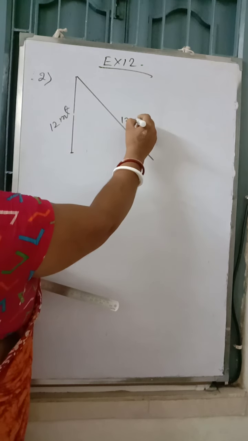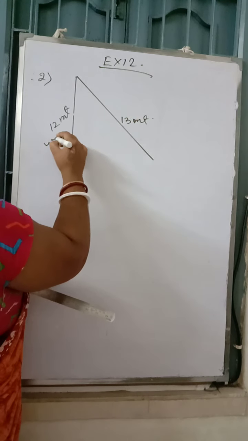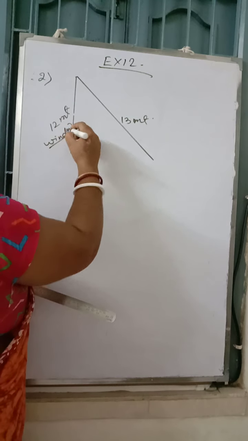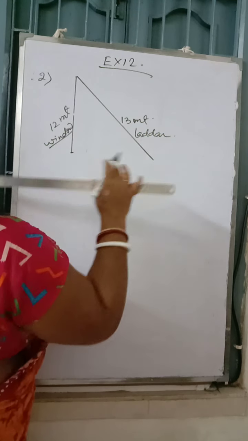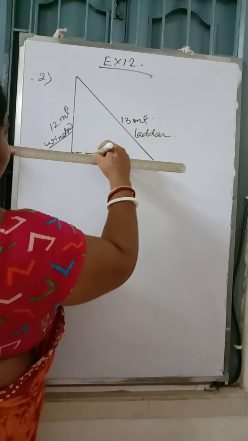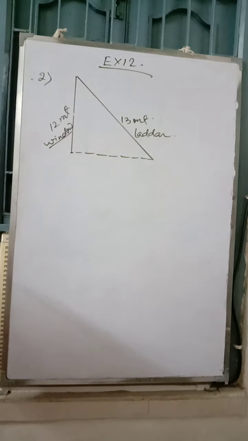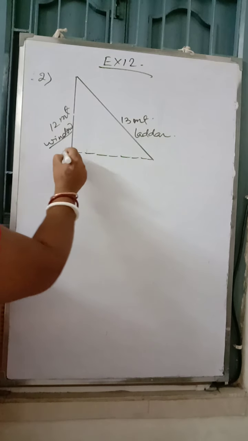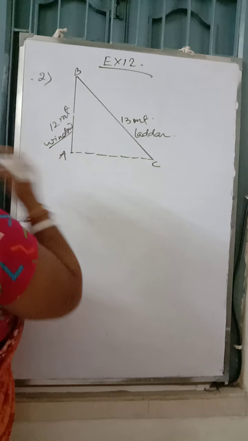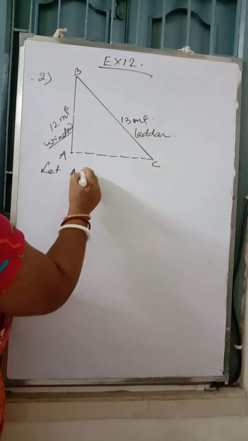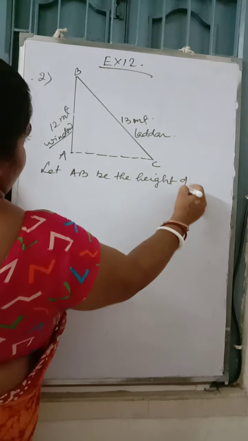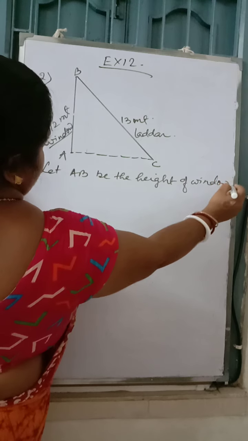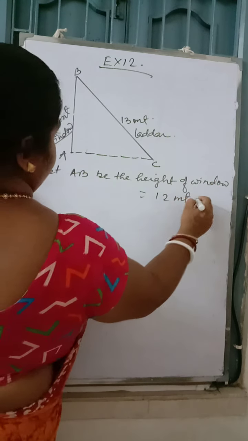This is 13 meter. This is window, height of a window, and this is ladder. Now you have to find how far it is placed against the wall. Is it? Now I am writing A, B, C. Let AB be the height of window is equal to 12 meter, and